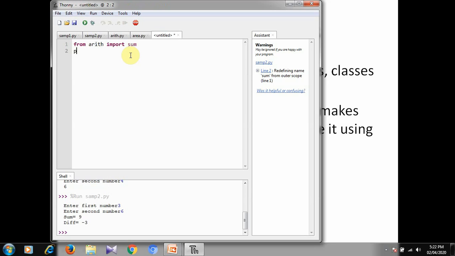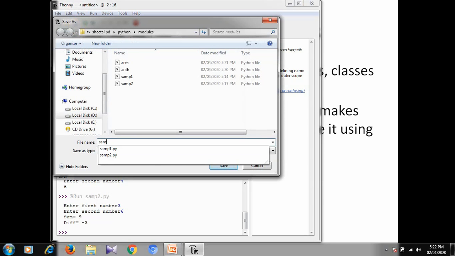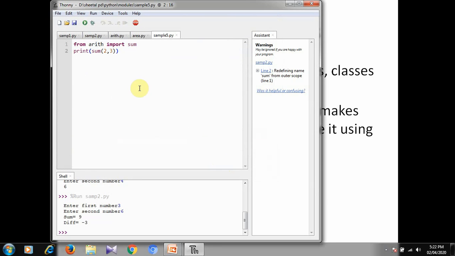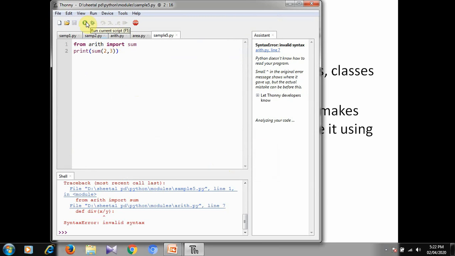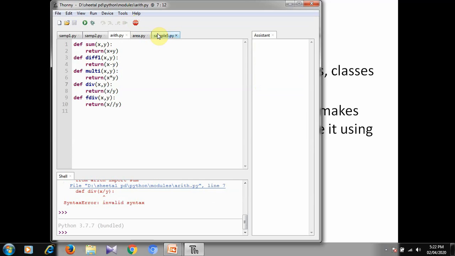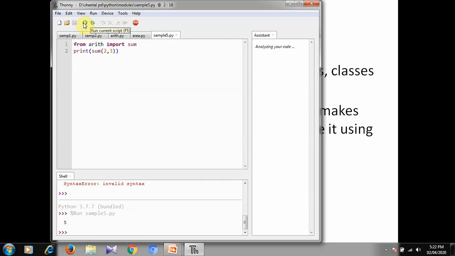After that print sum(2, 3). We will save this. Execute it. It has given us the result as 5.